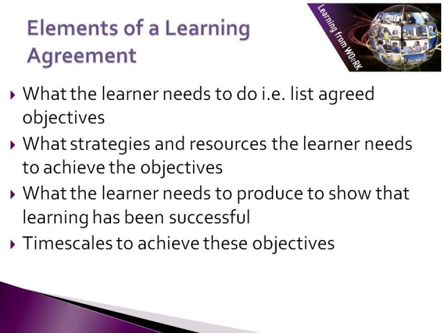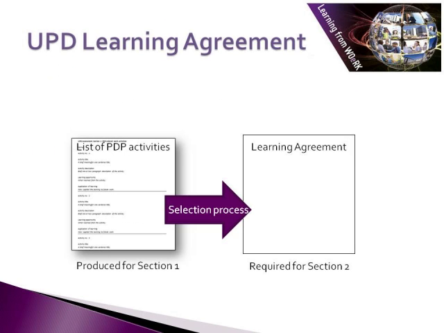From the presentation mentioned in the previous slide on learning agreements, the 4 main elements were: what the learner needs to do, that is, a list of agreed objectives; what strategies and resources the learner needs in order to achieve the objectives; what the learner needs to produce to show that learning has been successful; and timescales to achieve these objectives. The starting point of the learning agreement for this module is the list of PDP activities that were produced